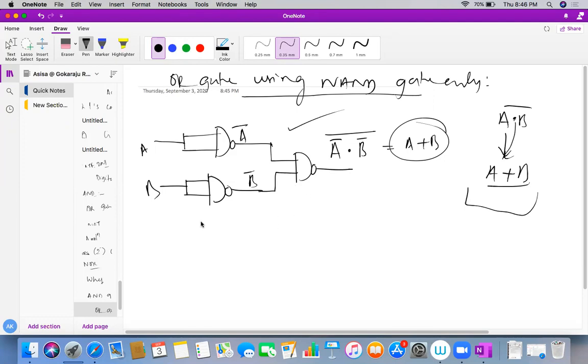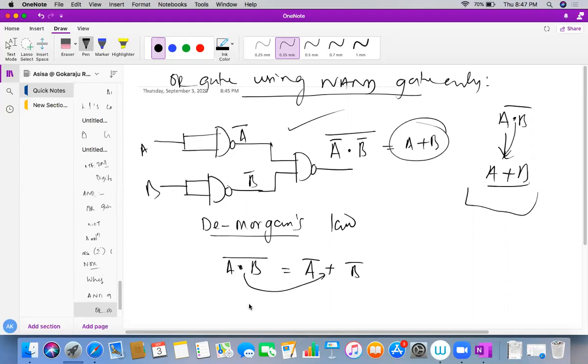See here, as we know De Morgan's law, I'll tell this De Morgan's law later also, but you may know about it very well. What De Morgan's law tells me: if it is A and B bar, break the bar and change the operator dot to plus. Here also A or B bar, break the bar and change the operator or to dot.